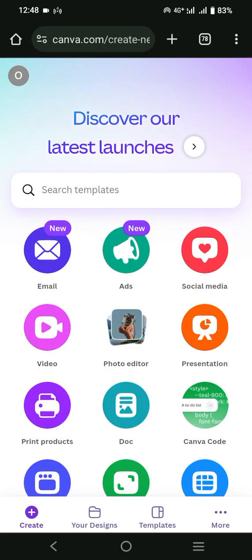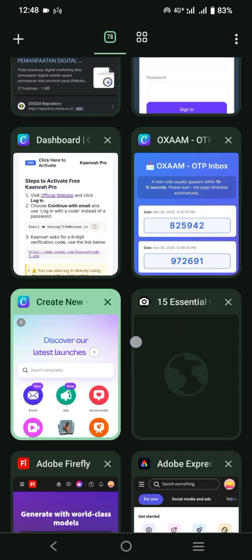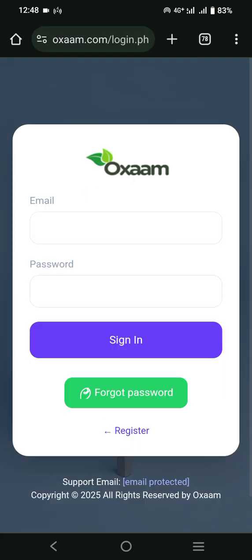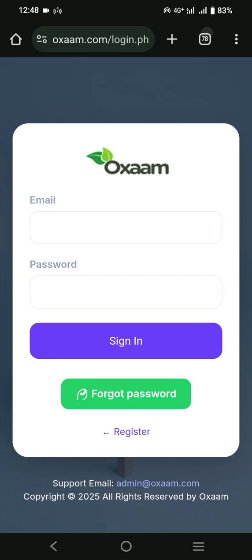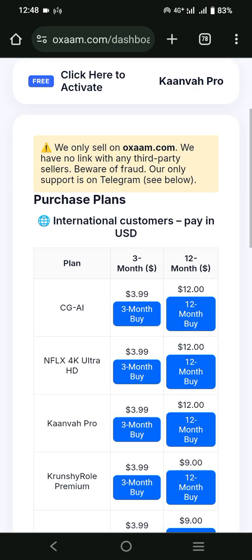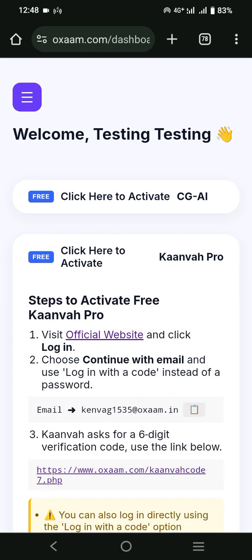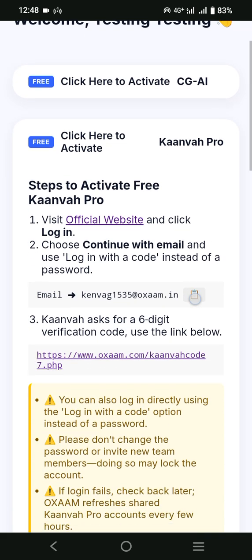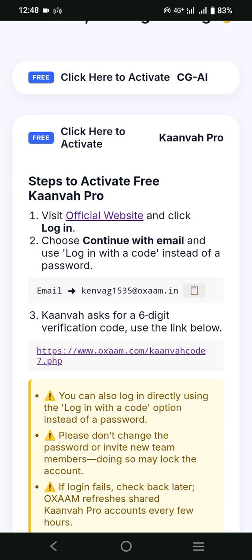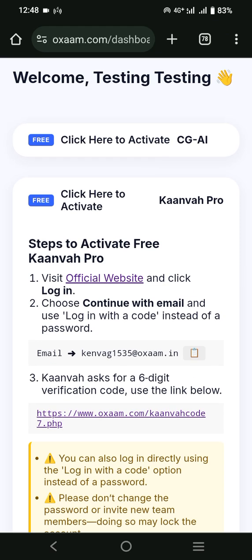So if I would like to preview or review the steps again, basically you can visit this site first and do the login or the register, and after that this site will create another email account for you like this email account, and you can copy it, and you can open the official website of Canva, and you can